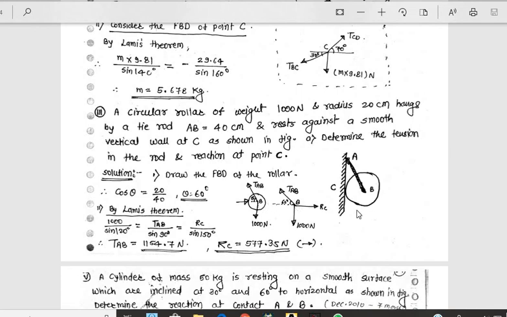See here RC. Here it is creating a pulling force and there it is creating a pushing force, but its effect remains the same. That principle we call the principle of transmissibility. This way you have to understand the basic laws. The basic understanding is very important, and its application is required everywhere.